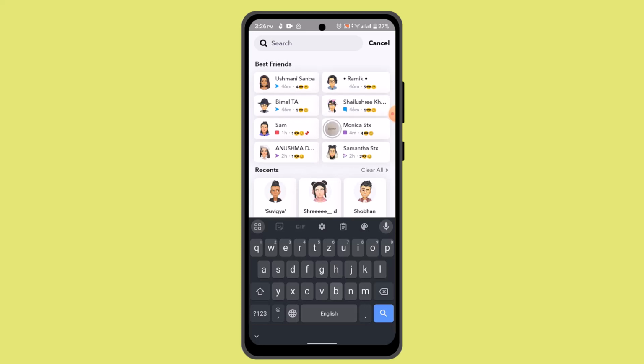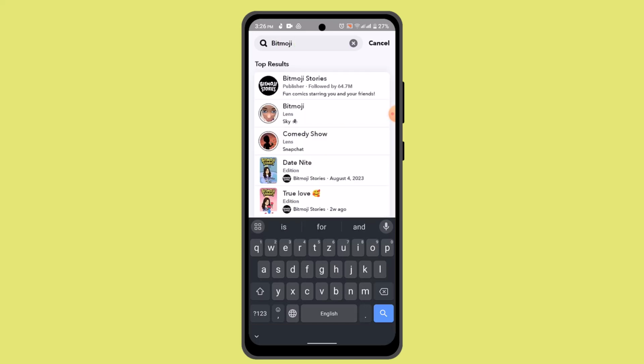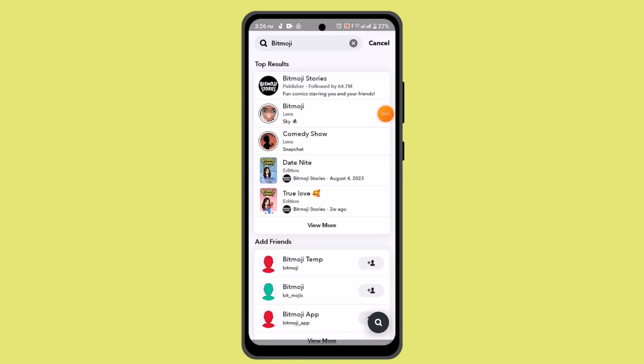and here you need to go ahead and type in Bitmoji. Then you can see a list of suggestions. Then you can select either one of it. I'm going to go with Bitmoji stories, or I'm going to go with the true love feature, which is located